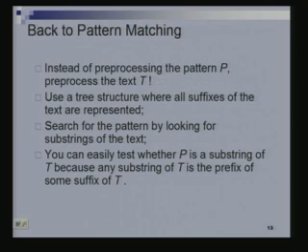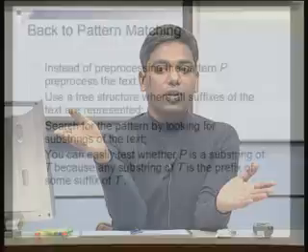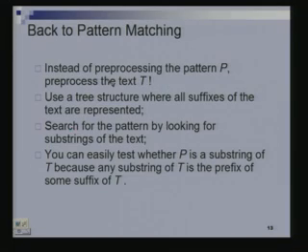So we'll come back to pattern matching now, right? So we saw compressed tries are doing the job reasonably well, provided there was a notion of words or whatever delimiters, and our pattern started and ended at a delimiter. But suppose, as I gave you an example, you are searching in a biology database, there is no notion of a delimiter there, right? What do you do then? So this is something we said before. Instead of pre-processing the pattern, we are going to be pre-processing the text.